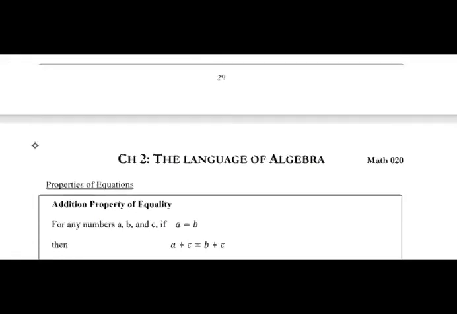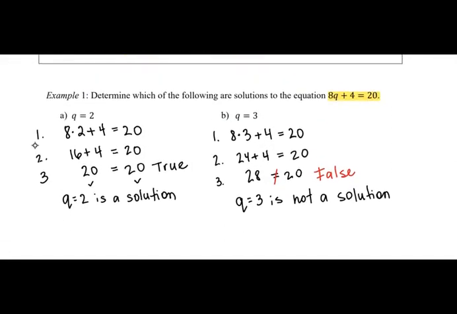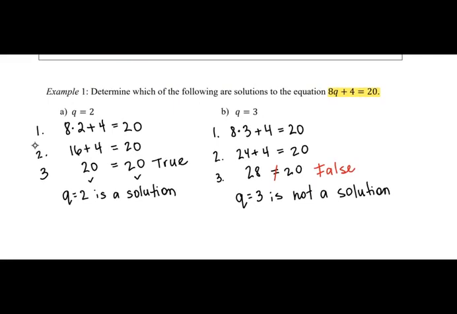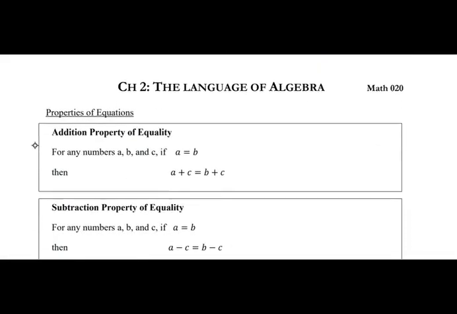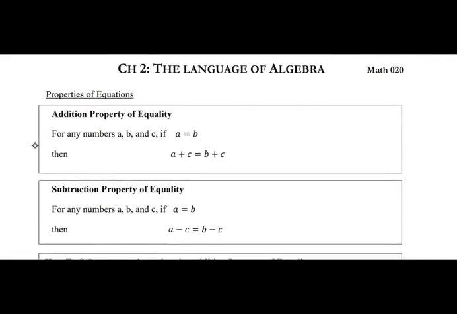All right, so now that we know how to verify if a number is a solution of the equation, we're going to look into how to solve the equation. The first one, the two properties of equality that we're looking at is the addition property of equality and the subtraction property of equality. So in the addition property of equality,